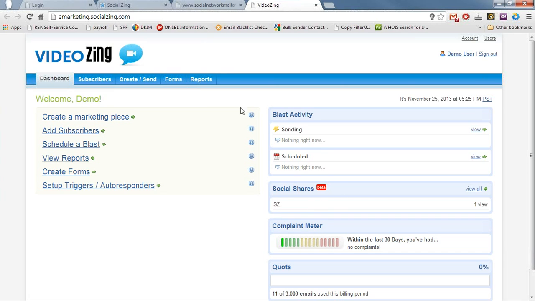So the general method that I use for navigating VideoZing is using these top navigation buttons here. You can also use the left navigation, but for simplicity, I always choose and let people know to use these top navigation buttons. The first one we'll go to, and just briefly to mention, this is just the dashboard for some of the stats and what's been sent, what your quota is at for how many emails you sent out, and that sort of thing. So subscribers